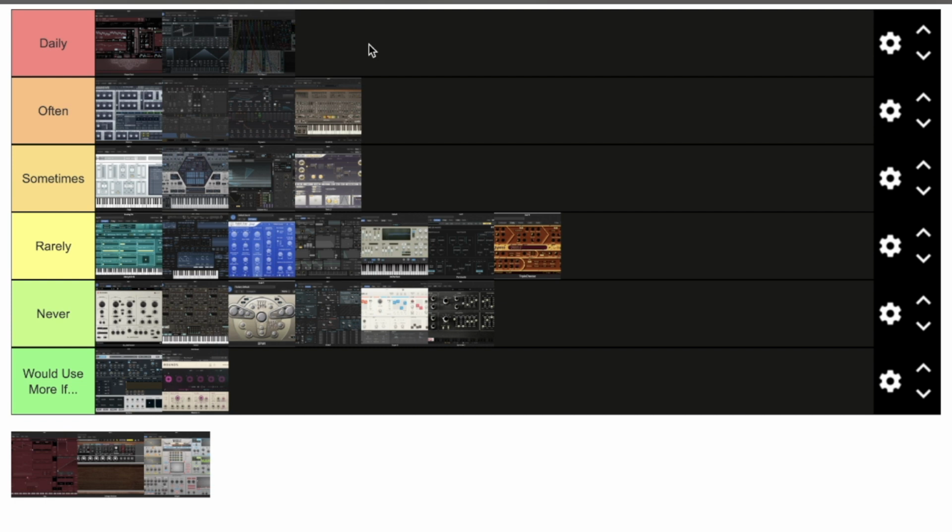The other thing about it is that not only is it free, but if you pair it with Cardinal, and you got $30 to spend on the host module set, you have basically broken the matrix. I mean, with those two things, you have a synthesizer that is basically capable of being anything. And this is where this ends up on the daily versus the other everything synths and the complicated would-use-more-if category, is that